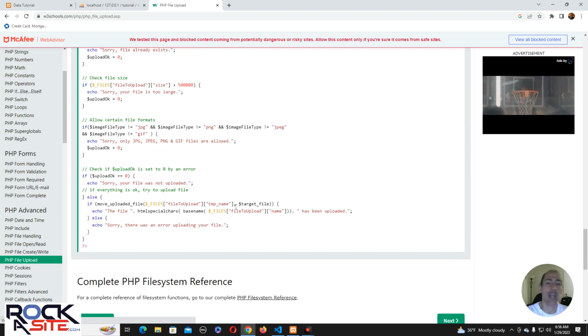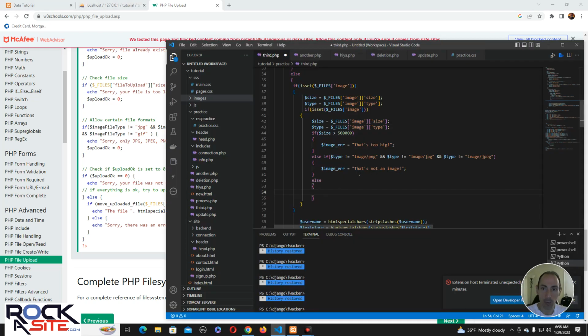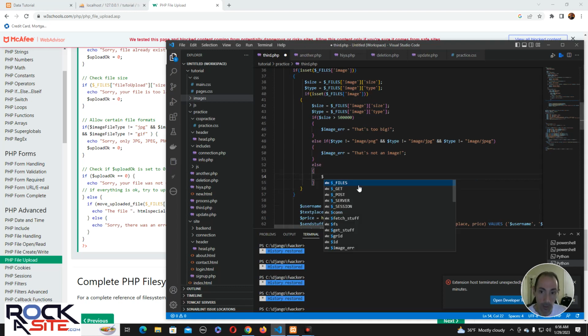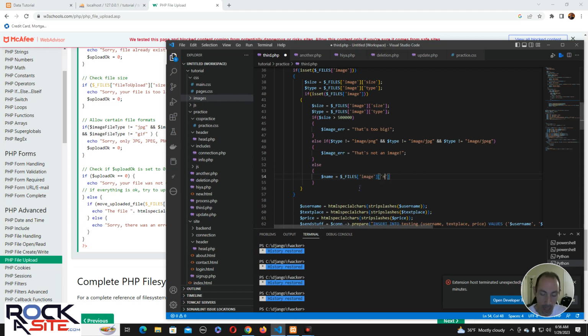Right, so we're going to take the file that's in that, remember I was talking about the temp name? This temp name, we're going to take that from there, we're going to put it there. And then we're going to save it to the database. But what we're going to save to the database is the name. So we already got the name before. We'll go name equals files image name. We're not going to check,